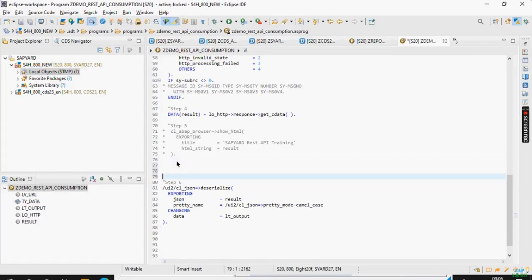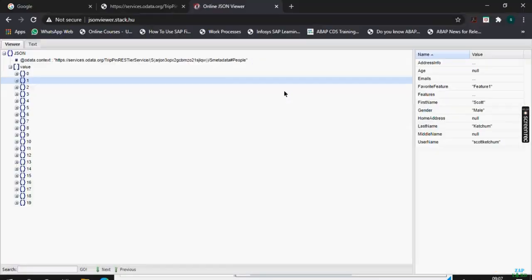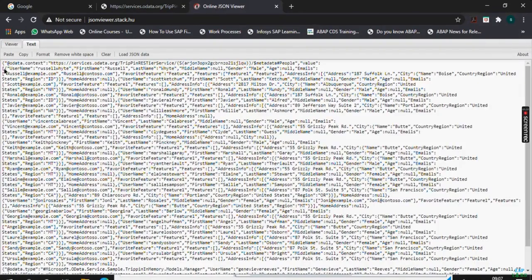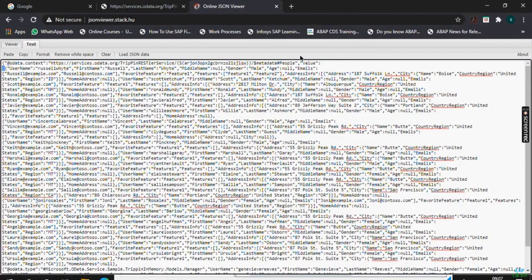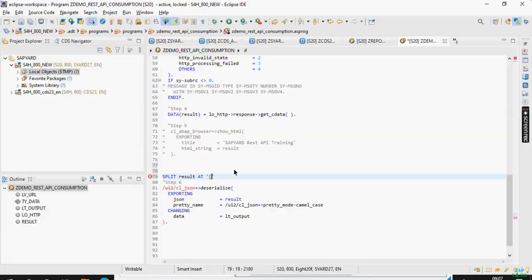So prior to doing step 6, what I will have to do is split this data, split the result at this. Why am I writing this? Because I have to see where it starts from here. I have to split here because I want the rest of the data. I don't want this data, this line. I don't want this data at all. So split this at this